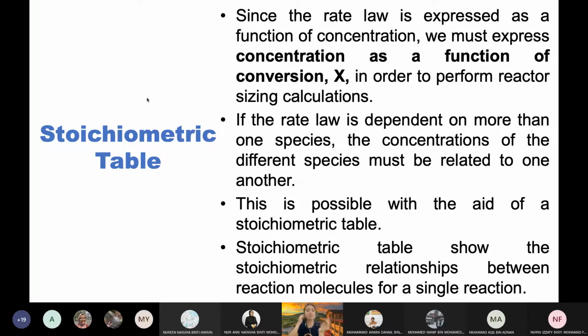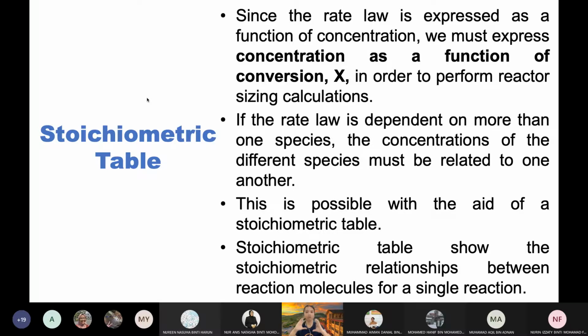So what is good thing about, kalau kamu perasan, kamu belajar CPP, you have learned mass balance for reactive process. Maksudnya mass balance untuk tindak balas kan. Okay, kalau kamu perasan yang masa kamu belajar tu macam susah sebab kamu belajar method, extent of reaction, kamu belajar atomic balance kalau kamu masih ingat lah. So I'm sure at that time you find it very headache to remember nak guna extent of reaction ataupun nak guna atomic balance. Okay. So this stoichiometric table is actually a much easier way to do mass balance for a